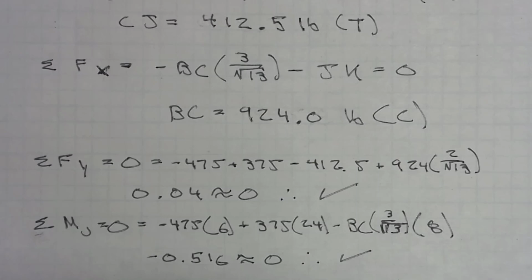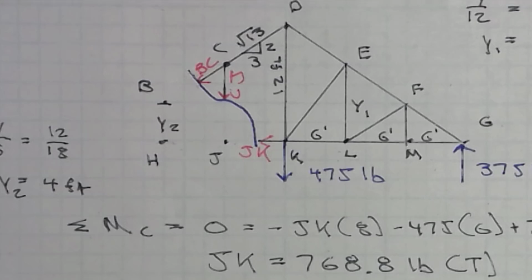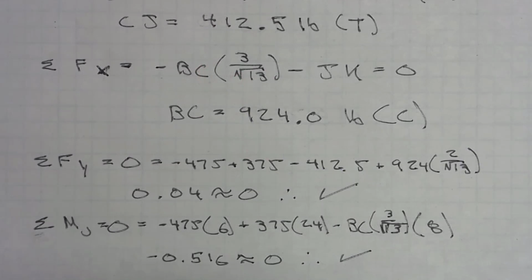That gives me my x component, because that member is aligned with the triangle which has sides 2, 3, and the hypotenuse is square root of 13. But you'll notice that I get a negative number, so I just change it to 924, which is the magnitude, and just indicate positive. That's actually a negative number, but I'm just reporting it as 924 pounds